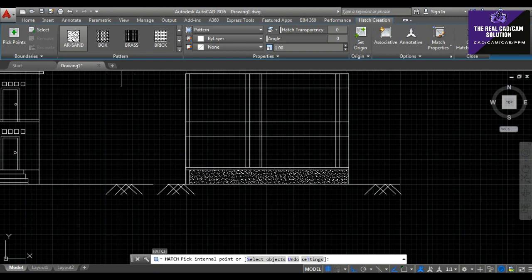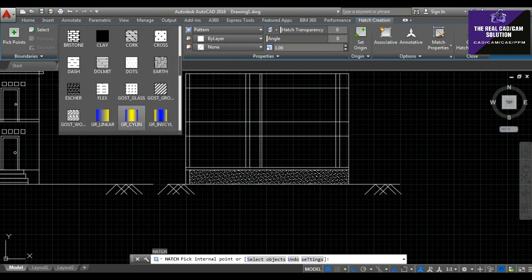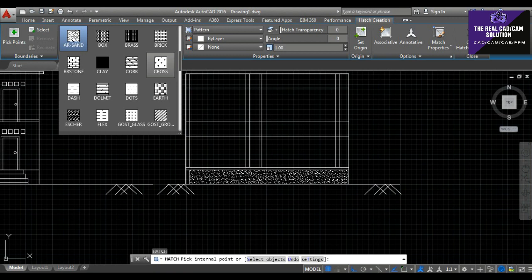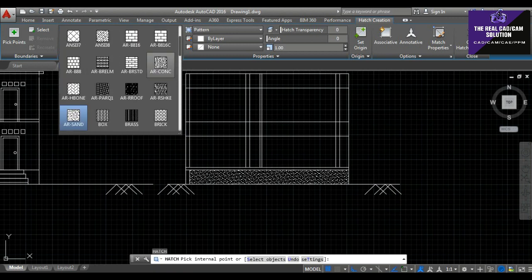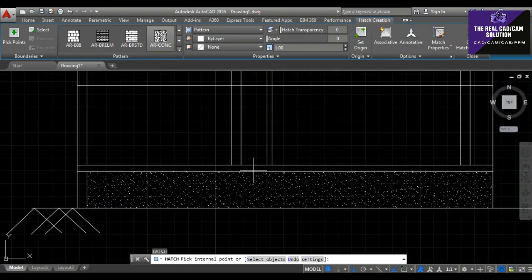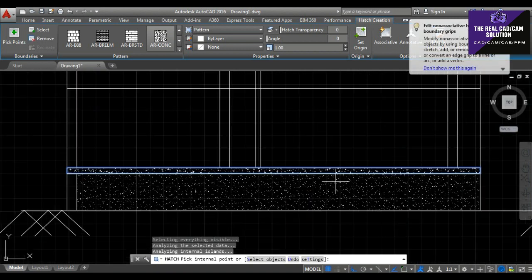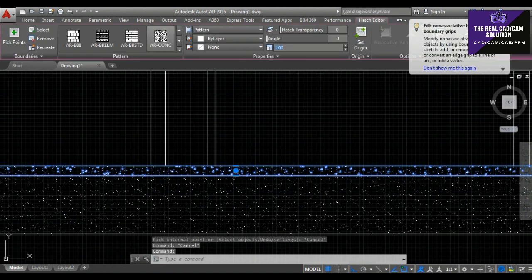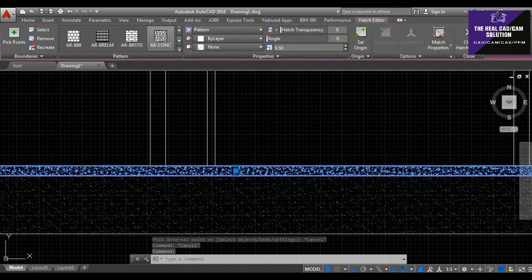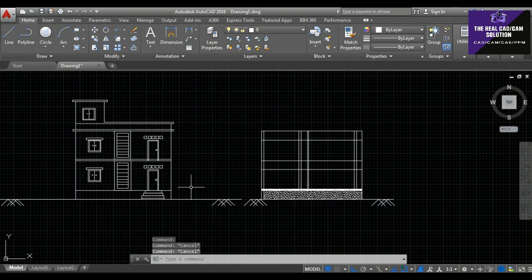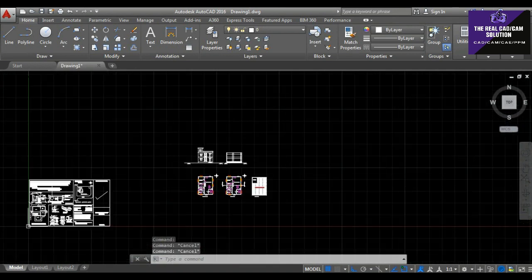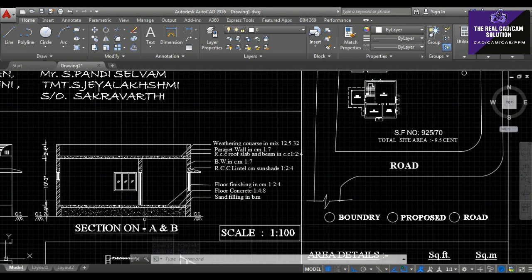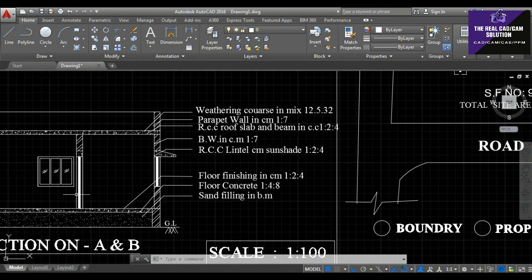Okay, and then go to the hatch command, and then go to the floor concrete. Choose concrete and place it down inside the floor, because it's a floor, that's why it's floor concrete. I just choose the merge with thickness 0.5 size. It's nice. And then go to draw whatever is placed here.